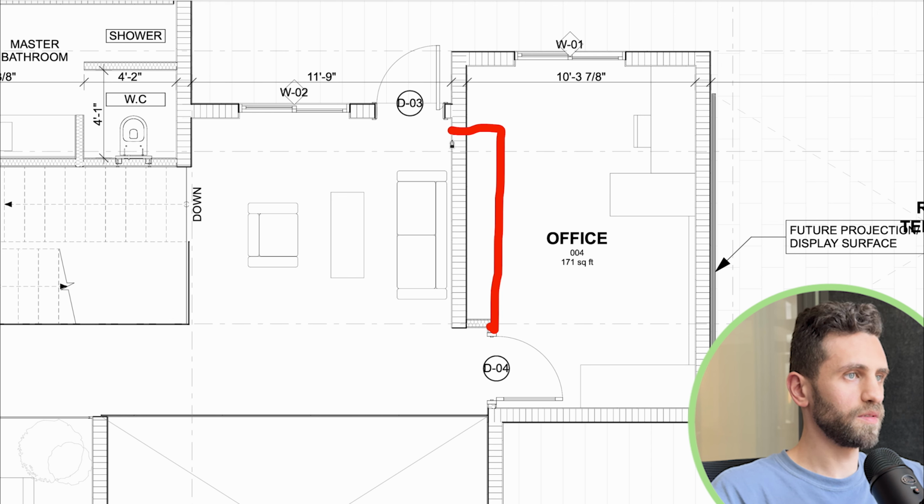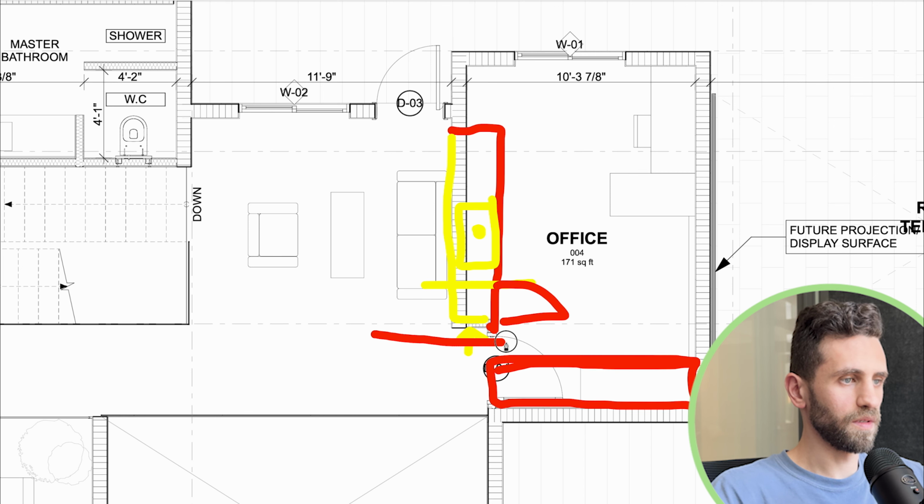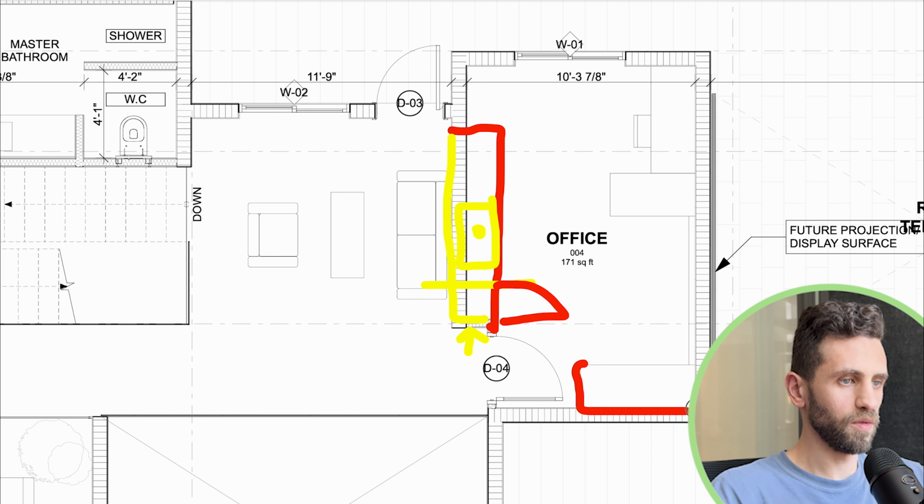So this is gonna be the counter. Maybe you have sink here. Yeah, we're gonna push that wall here, and this is gonna be the entrance. This is the door for the office. So this is the old one. This is the old closet. We're gonna extend it all the way to the wall, and we're gonna push this door